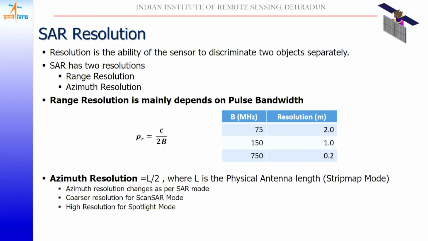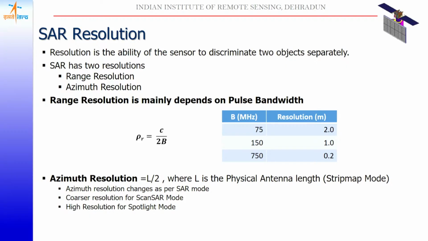Now this range resolution mainly depends on the bandwidth, which depends on the SAR system parameters. But the azimuth resolution in the case of SAR is L by 2. Here L is the physical length of the antenna, and by using the synthetic aperture concept, we get a resolution of L by 2. It means if we have a 12 meter antenna, then our resolution will be 6 meter